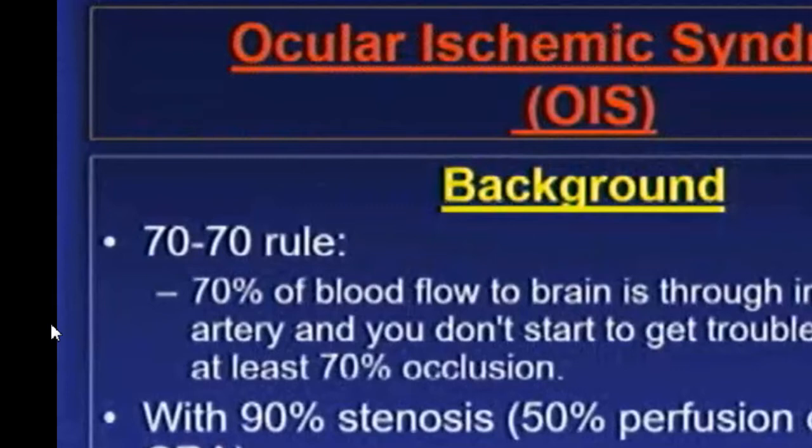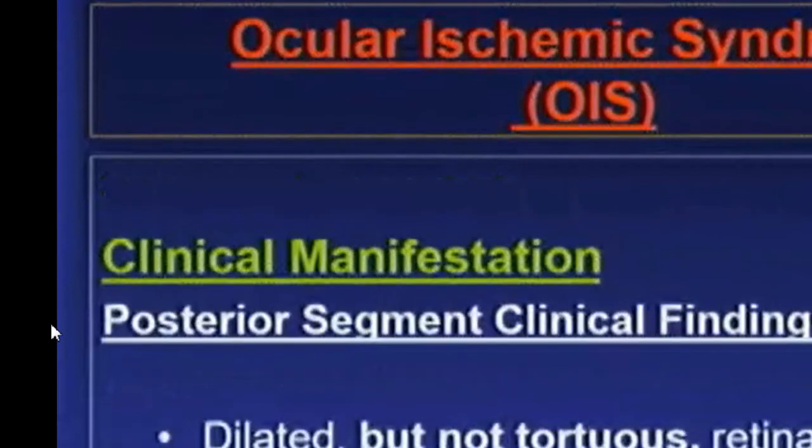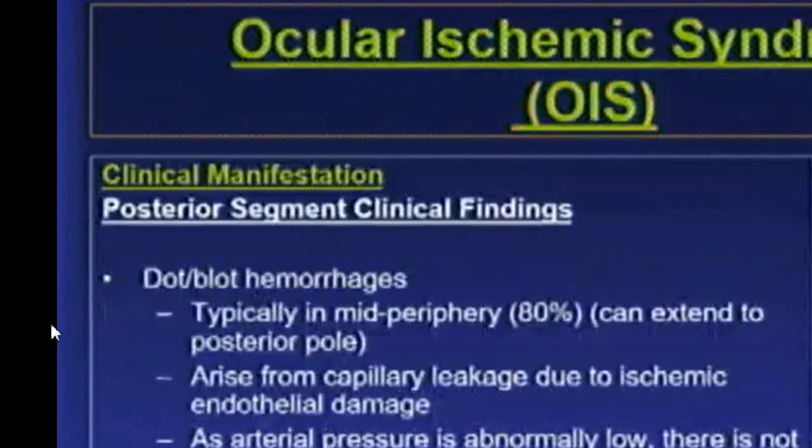The etiology of the findings is related to the low arterial pressure and flow of the blood. Usually they have chronic symptoms: diminished vision in bright light, periocular pain, and progressive vision loss, and they may have choroidal insufficiency compromising photoreceptor metabolism. Examination then showed the posterior segment